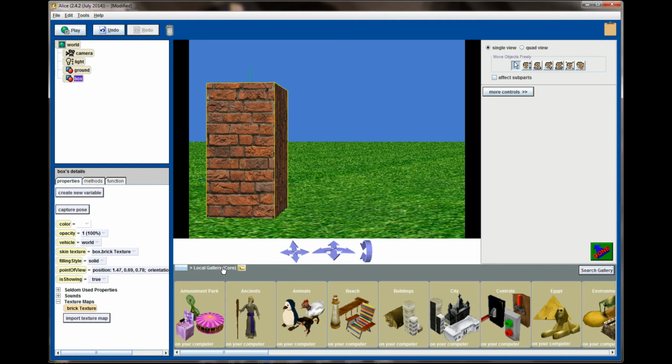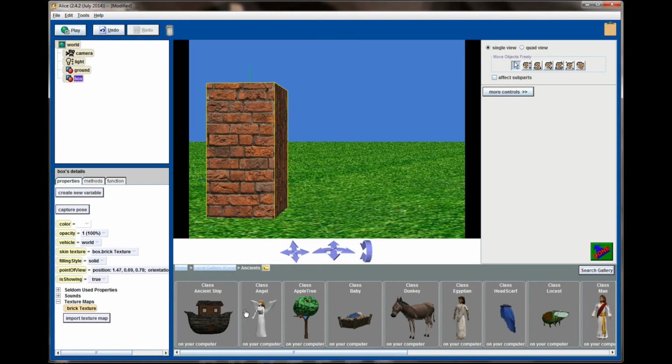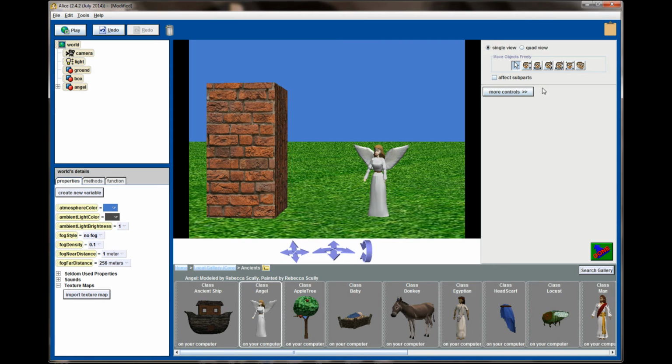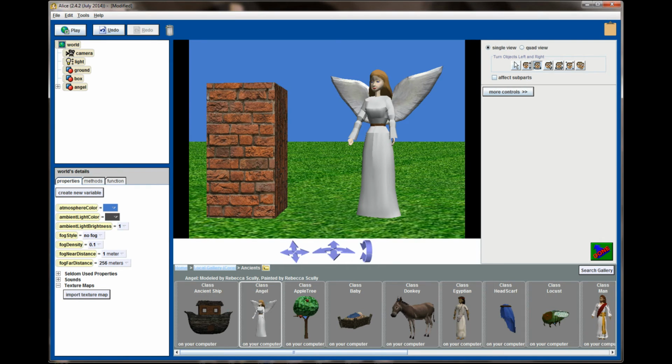Let's go ahead and go back to our local gallery, select Ancients, and let's pull the angel that we used in the earlier lessons back here. I'm going to resize it so it can be seen a little bit better. Now, a couple things that I can do if I want to change up the way that this angel looks,